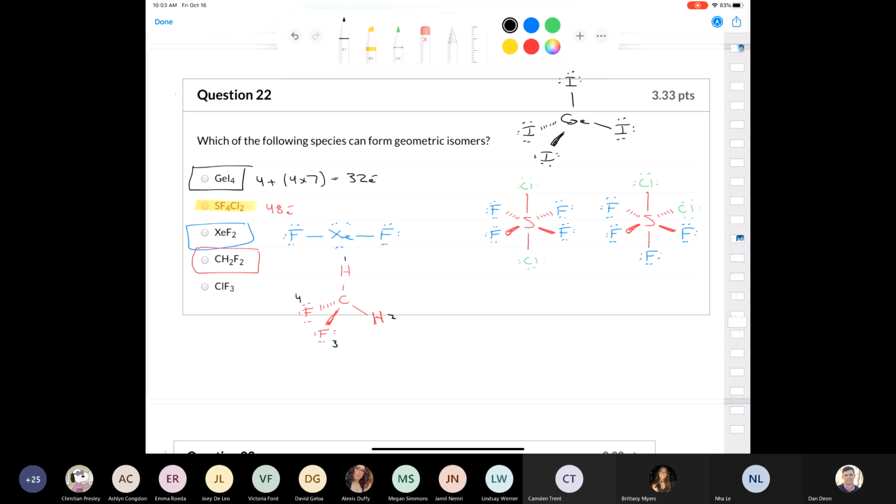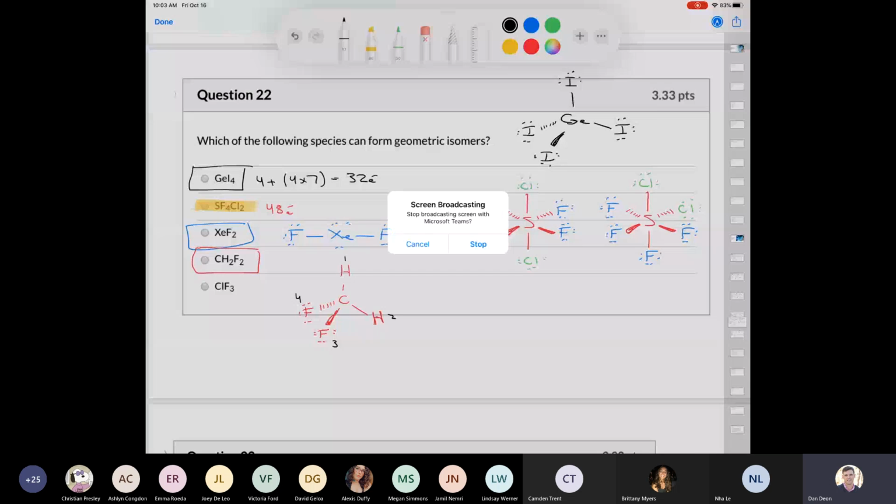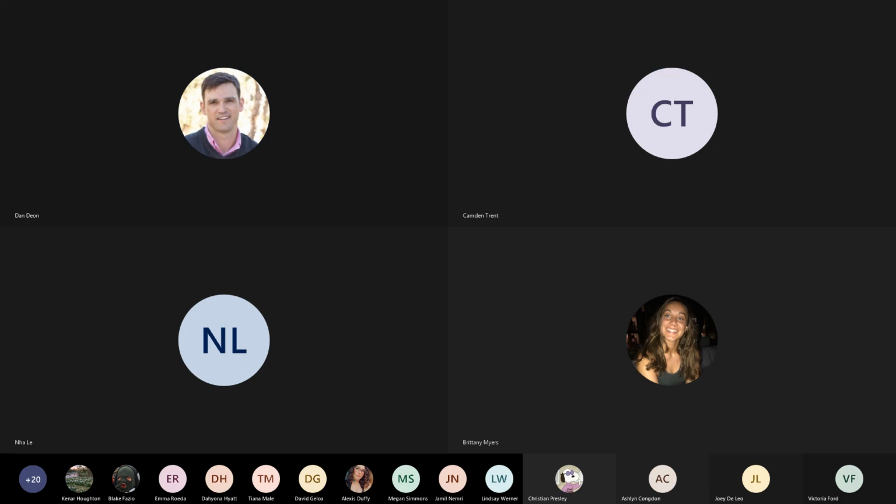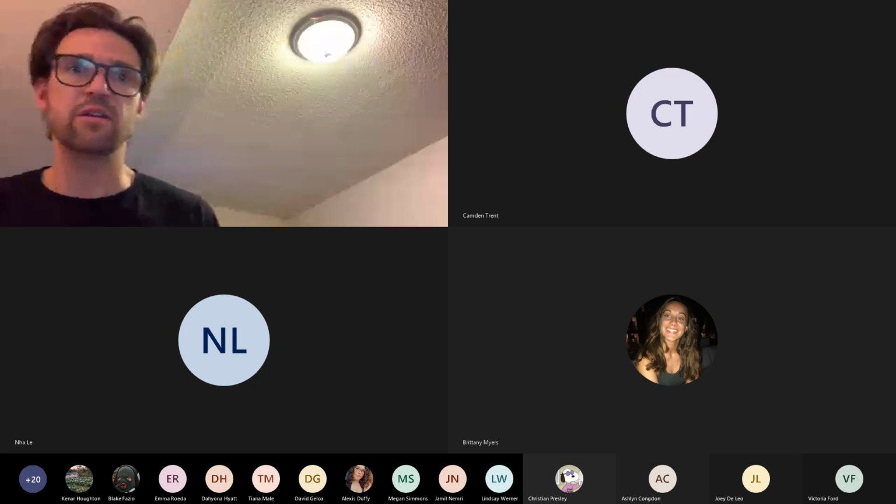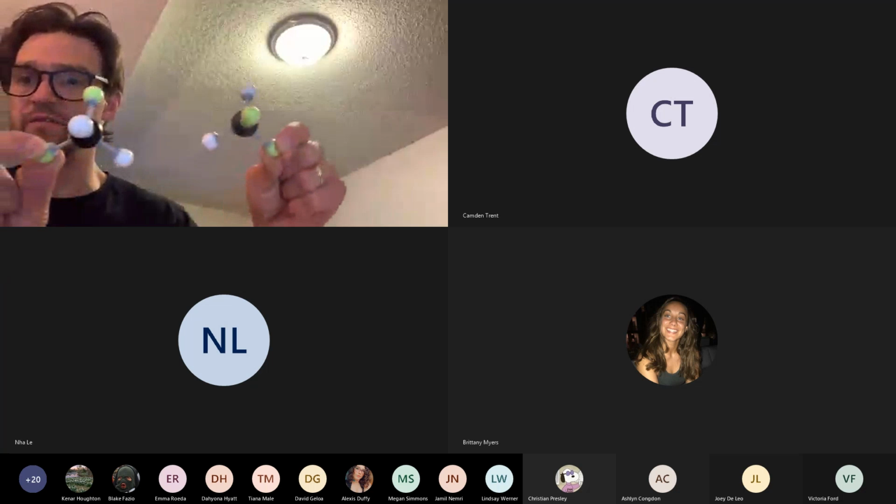Building the model as we speak here down in my basement. So if I switch 2 and 3, I'll have this one like this, and then if I switch 2 and 3, it'll look like this. I'm going to do this, but with models. So let me get my camera here for you. Okay, so here are 2 models of